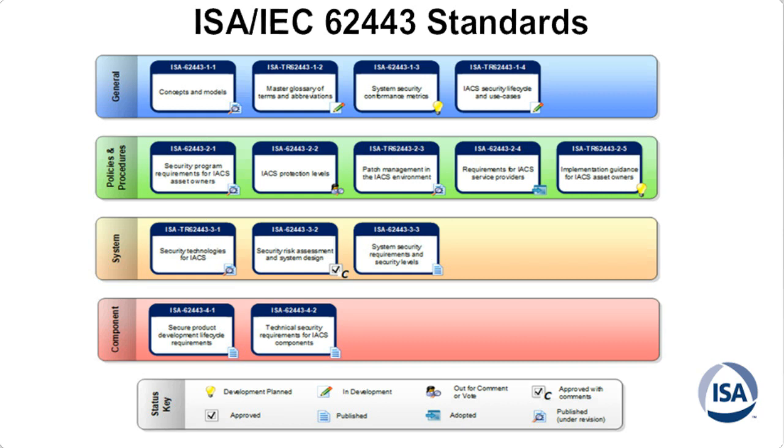But the green level and next level down are the 5 standards that are addressing the owner-operators, so how to secure your operating site. So if you're a water or wastewater facility, or if you're a building and you want to secure your controls, or a smart city application, these are the standards that provide the guidance. They also provide metrics, so they show protection levels 1, 2, 3, and 4, depending on what type of risk environment you're in. They address patch management. They also include